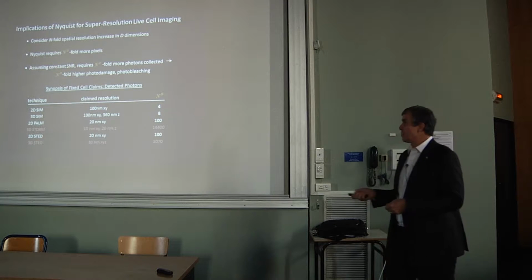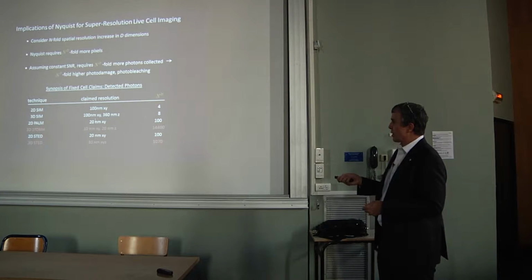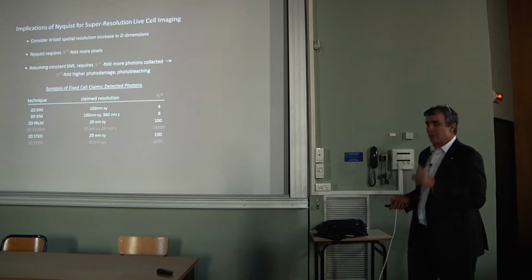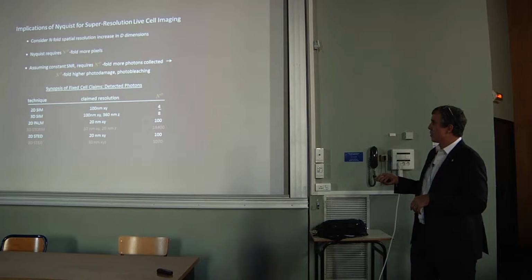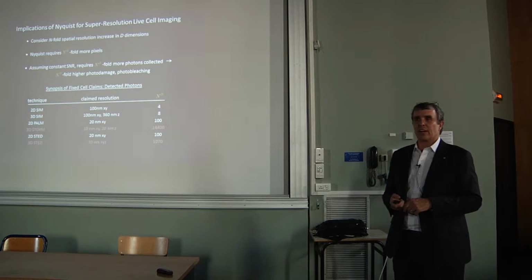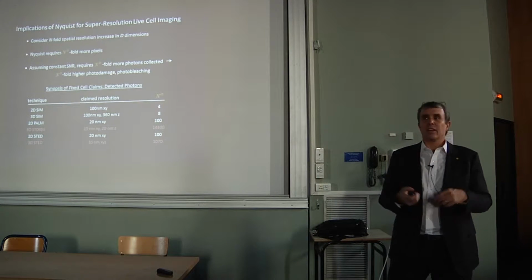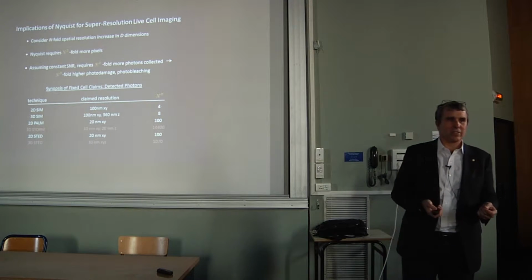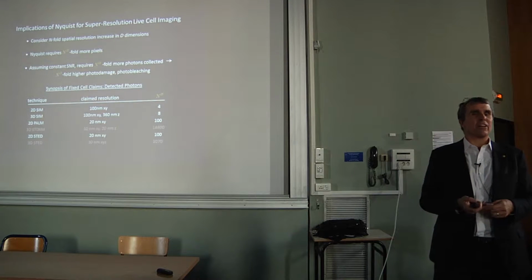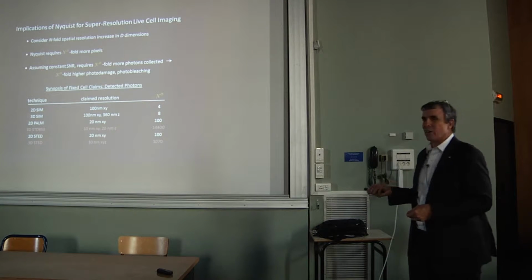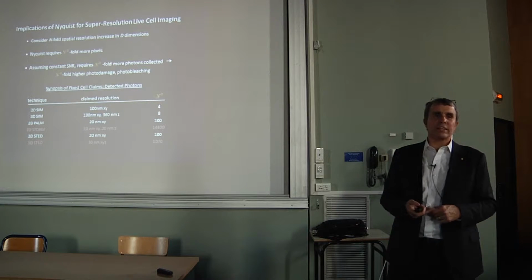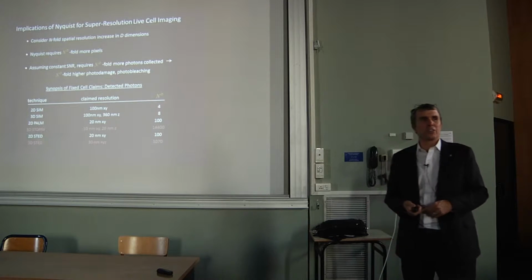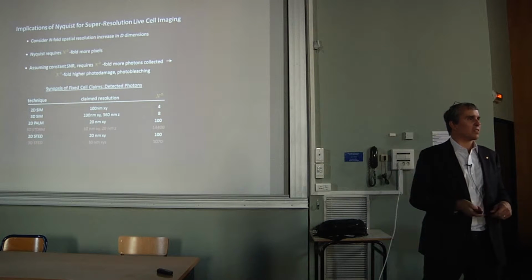What that means is that based on various claims in the literature for live imaging, you're asking the cell in one frame to give up anywhere from 4 times to 14,000 times as much light to create your image as in a diffraction limited image. If any of you do any kind of live cell fluorescence imaging, you'll know there's no cell out there that you can image for even 1,000 times without it being completely bleached. And so most of these metrics down in this range are nothing but fantasy. There's no way you can get to those levels.